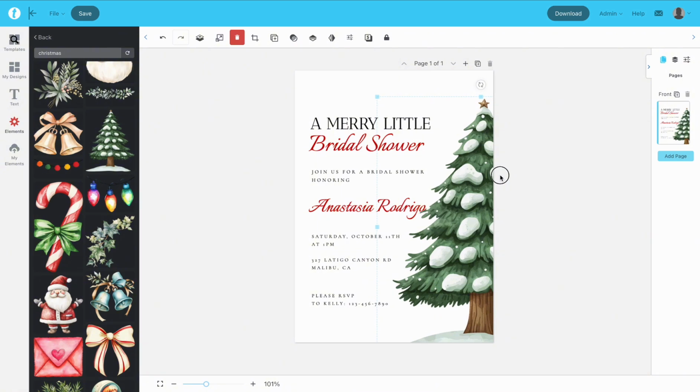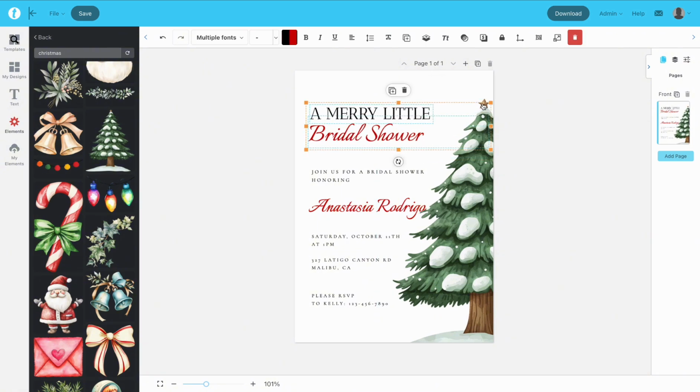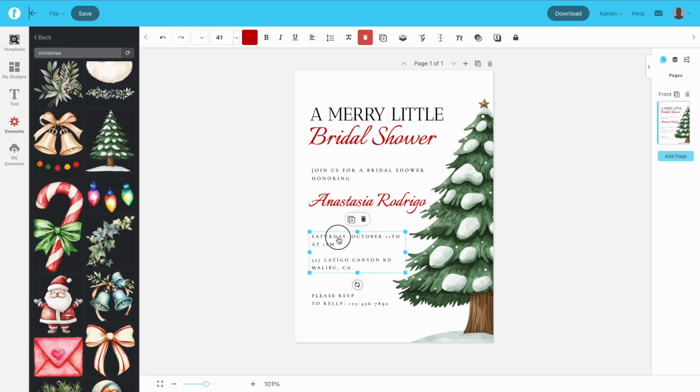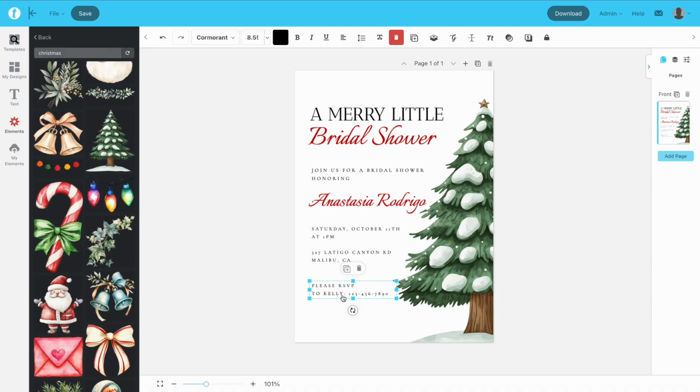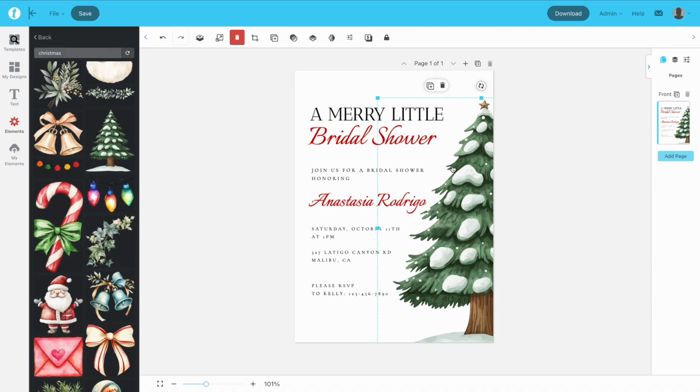At this point, we just need to make sure everything is aligned and spaced correctly so the overall design looks polished and professional. That's how quick and easy it is to create a new template without starting from scratch